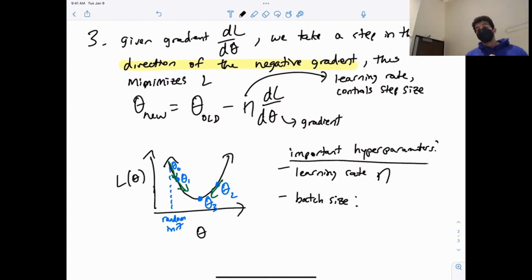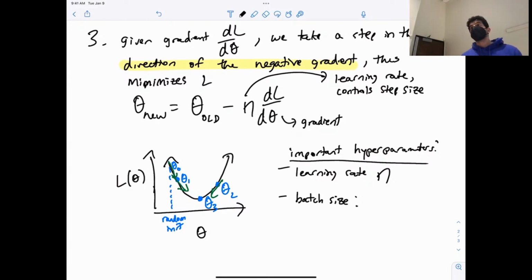I could pass each one of these 100 examples through the network, and only after I see the entire training data set do I compute the loss and compute the gradient and then take a step. So this is called full batch gradient descent. I look at the entire training data set